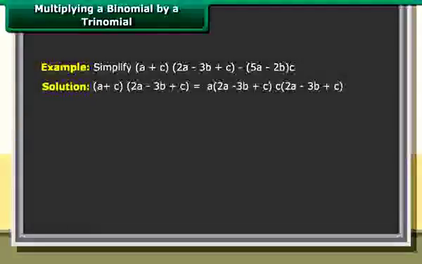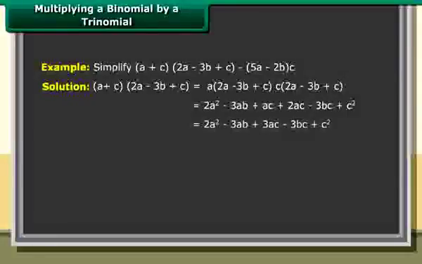A plus c into 2a minus 3b plus c is equal to a into 2a minus 3b plus c plus c into 2a minus 3b plus c, which is equal to 2a square minus 3ab plus ac plus 2ac minus 3bc plus c square, which equals 2a square minus 3ab plus 3ac minus 3bc plus c square. 5a minus 2b into c is equal to 5ac minus 2bc. Therefore, a plus c